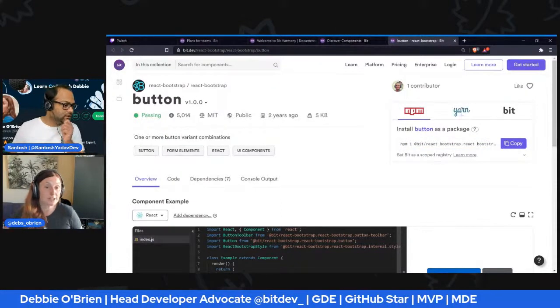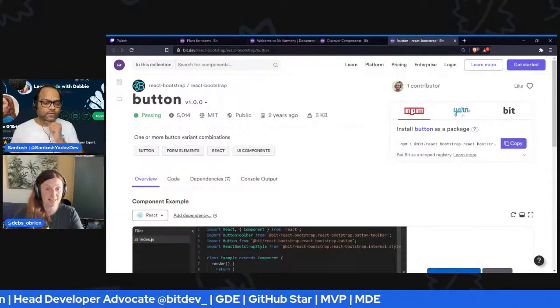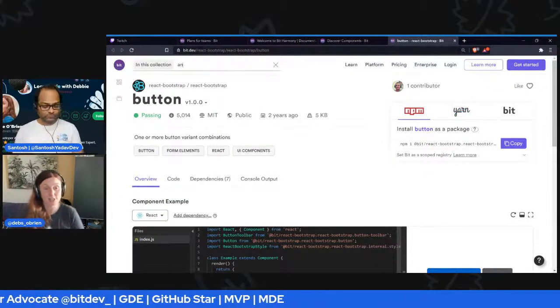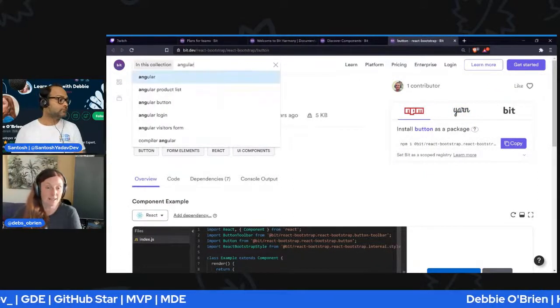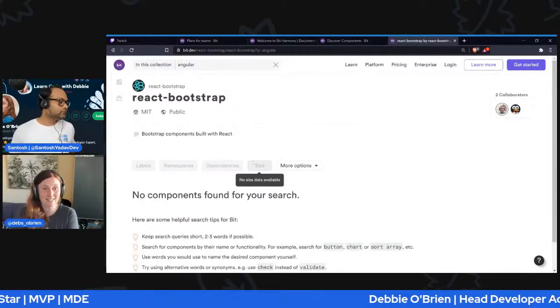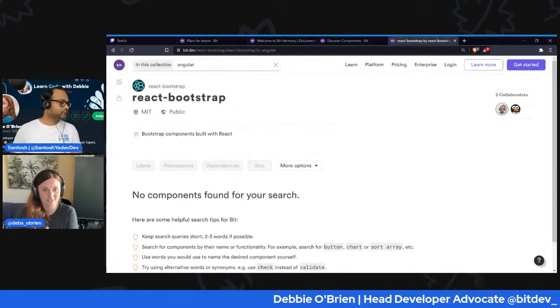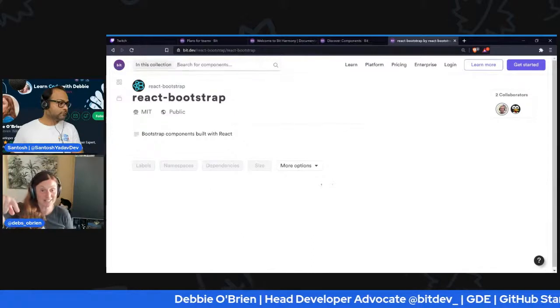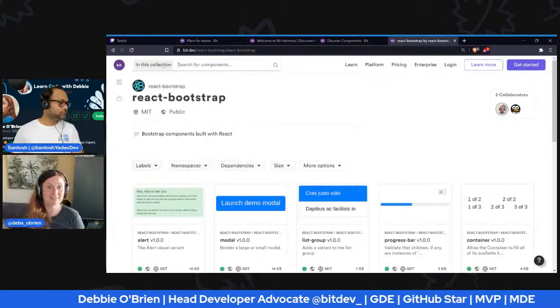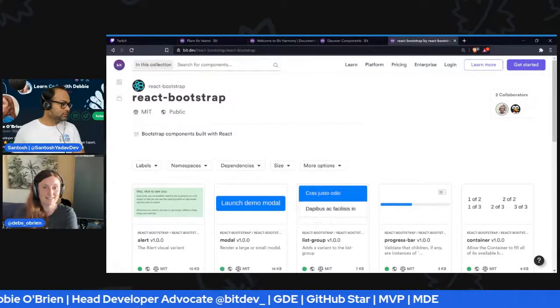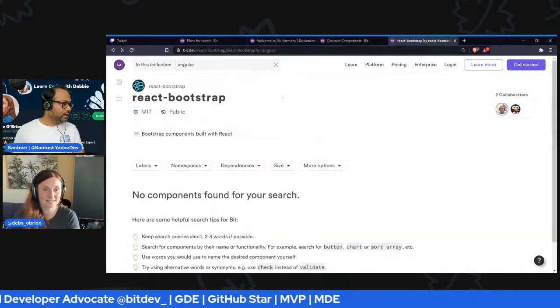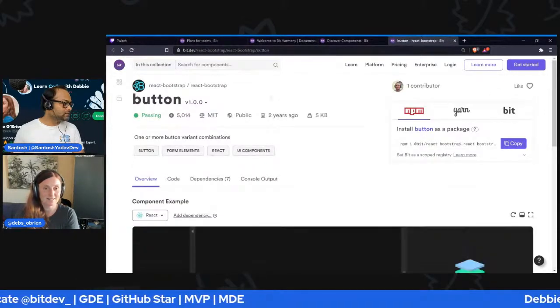Yep. And if you're using Angular, you'll be able to find the Angular stuff here, but it's the legacy version. So it's kind of worth waiting for the new stuff, because you're searching in this collection. I have to go back and then search for it again.